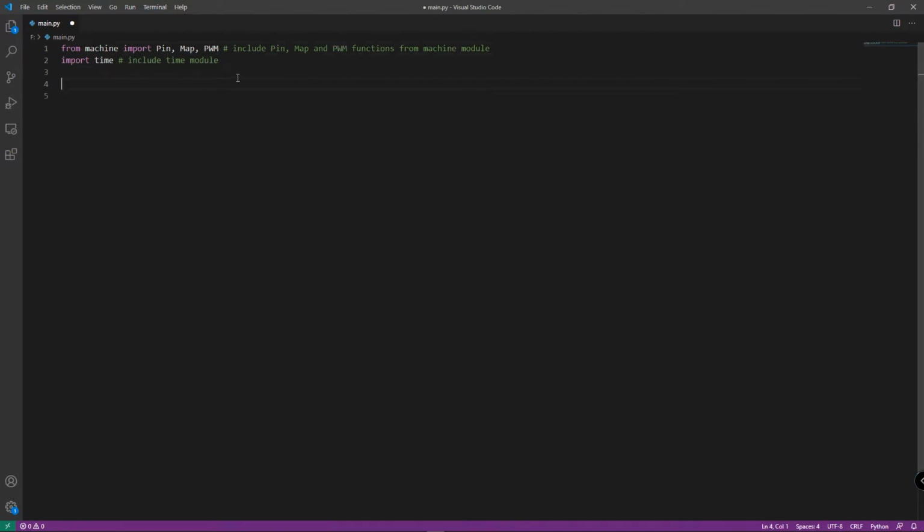And then create the PWM on the wire buzzer by initializing the variable buzzer equal to PWM pin function and then map wire buzzer and set the PWM frequency to 1000, set the duty cycle to 250. Go to file, save it, and you will hear this buzzing sound.